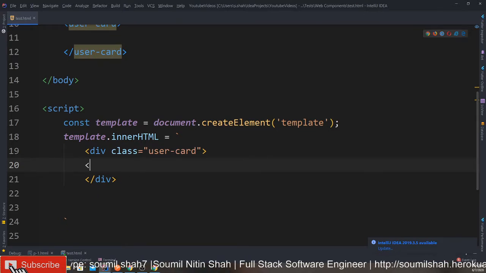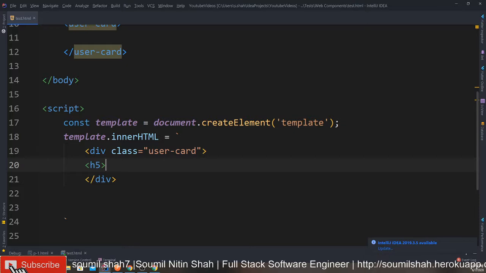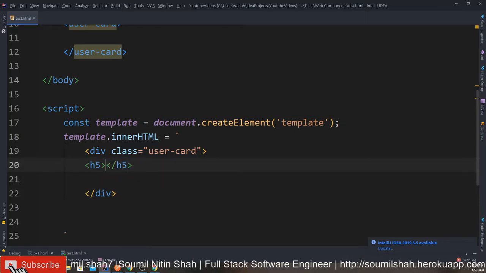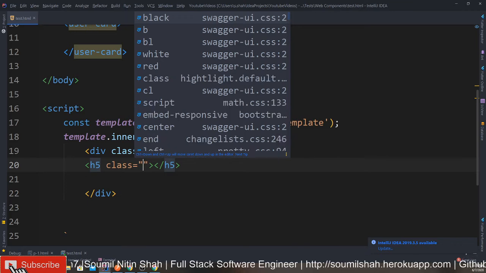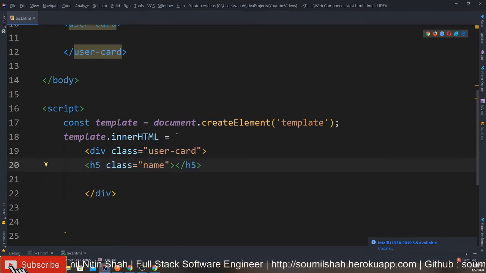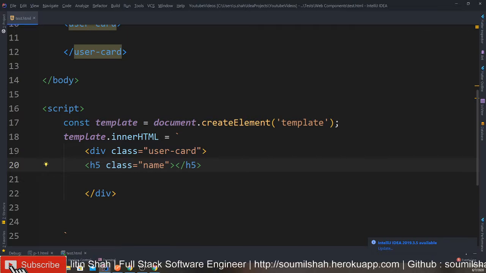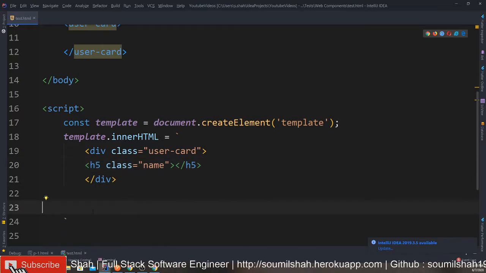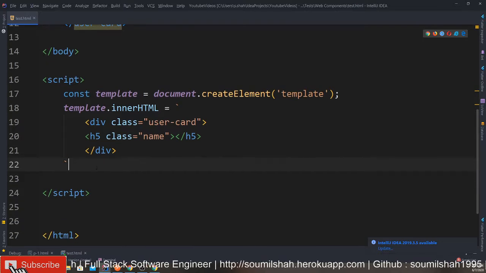Here I'm going to define an h5 tag, which is where I'm going to pass my attribute. Let's give it a class, and let's name this class name. That means this is where the name is going to go. So now your web component is almost ready. Now we just need to write some JavaScript code.